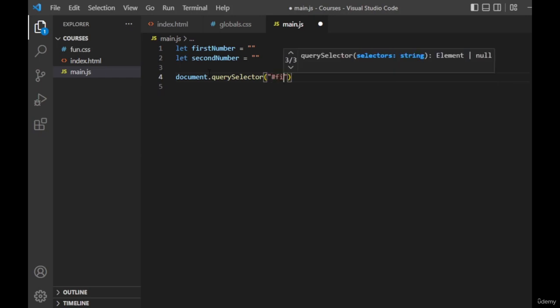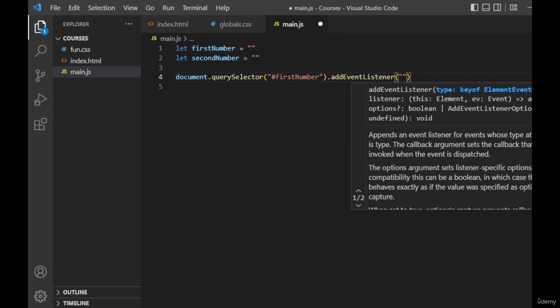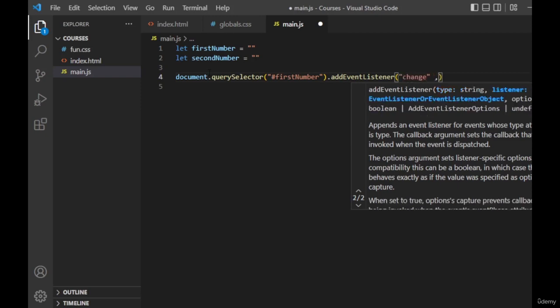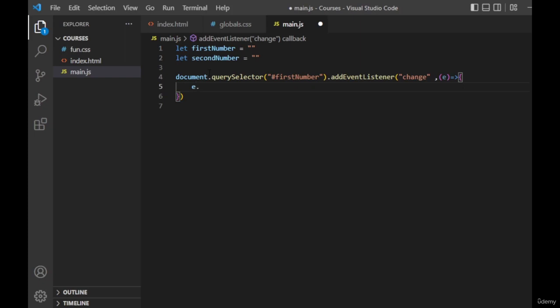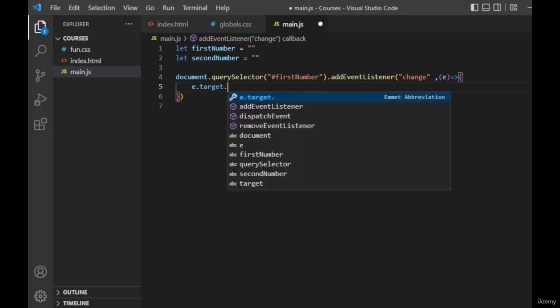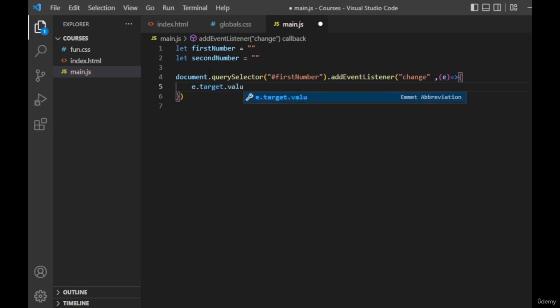So we target our first number input, then we add an event listener, and it's a change event. Then we have our callback, and we use the E. We use the E to target the element, and we want the value. So now we set our first number,